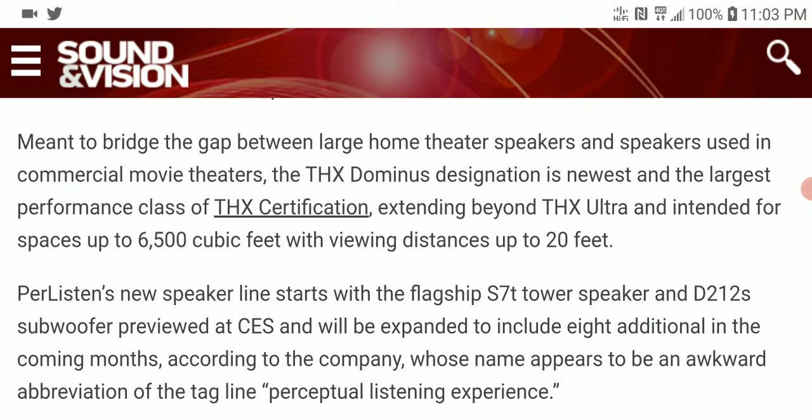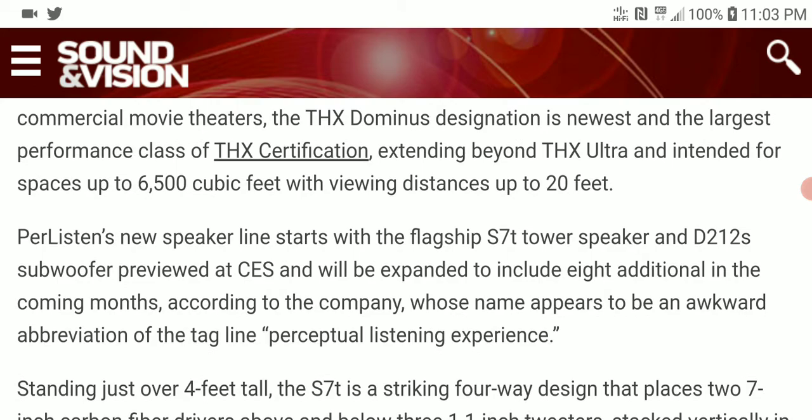IMAX has always, right from time, been one of the most powerful audio performances you can get, be it the one you install in your home, or the one you experience in theater. I'm not talking of Dolby Atmos now. I'm talking of raw power, raw impact, raw sound output. You really look at IMAX, and THX have been trying to push that envelope, and